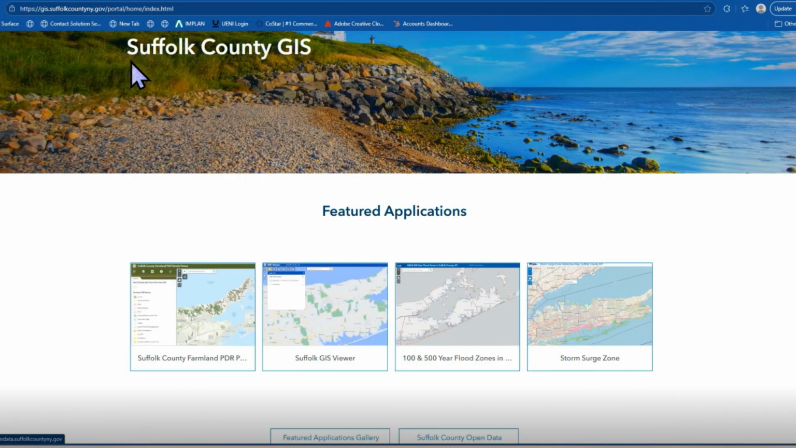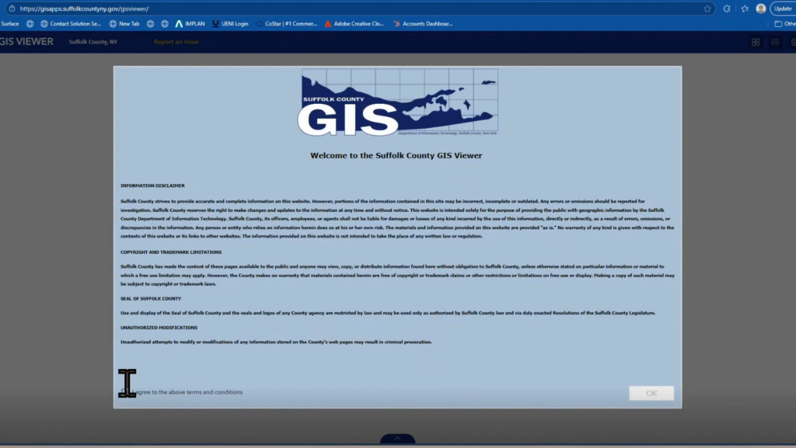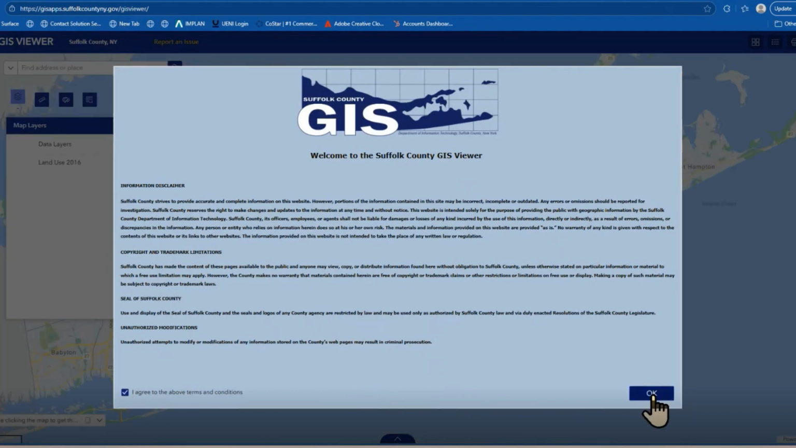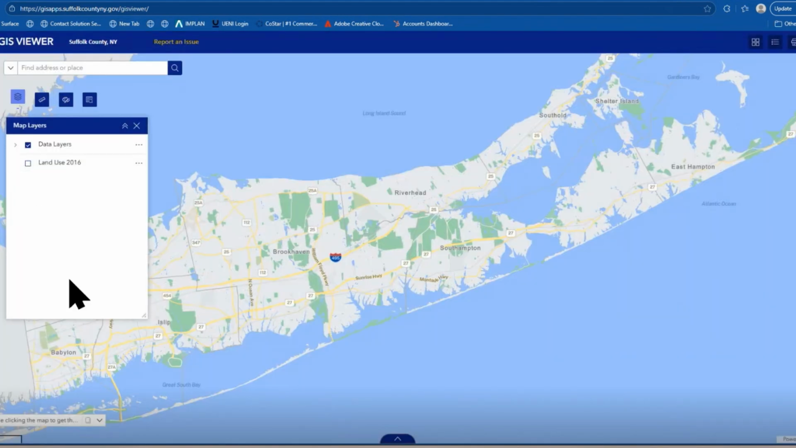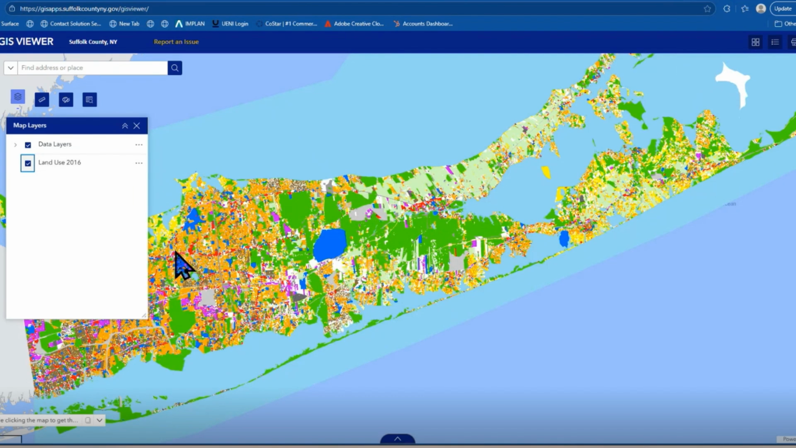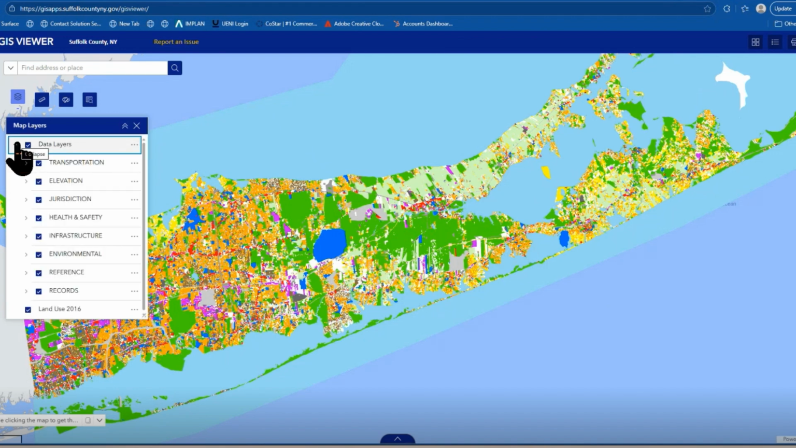You scroll down and you see the featured applications. Here it gives you the GIS viewer. You log in, agree to everything, and you get a map of Suffolk County, Long Island. And you want to go ahead and do an overlay of all the zoning information. So you get a good idea of where you can and can't go for whatever project it is that you're